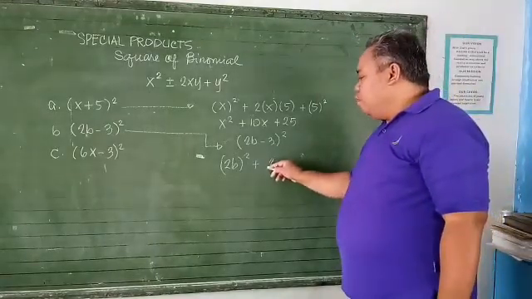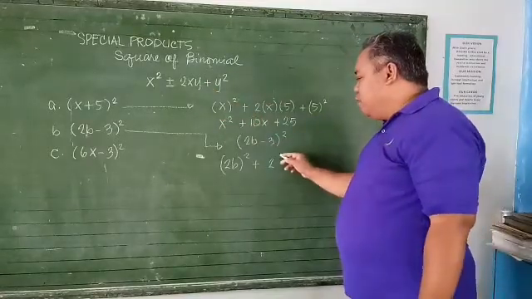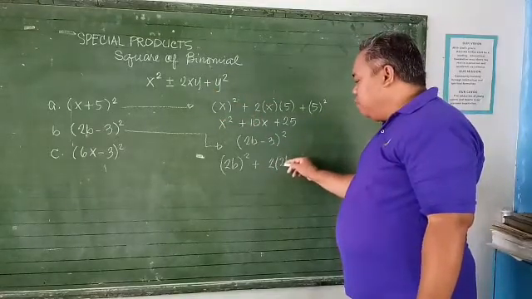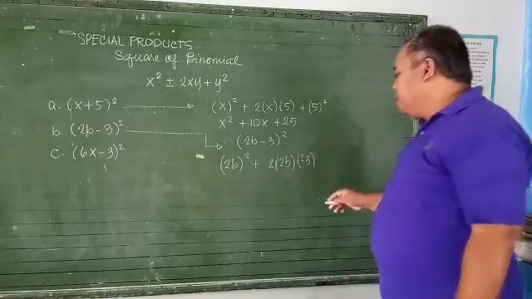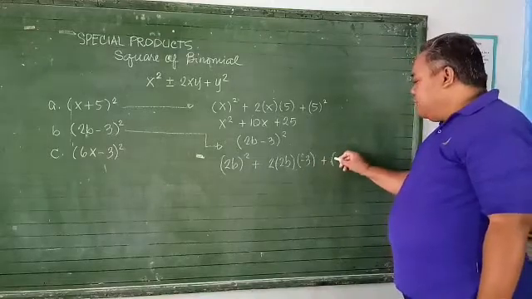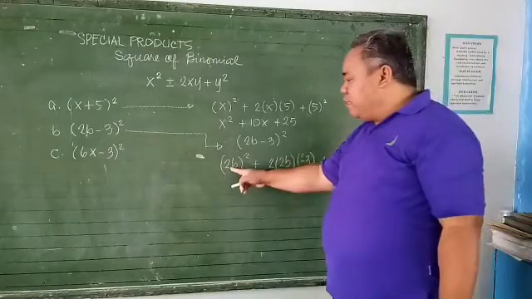So that's 2. Bakit 2? Yung 2 constant yan kasi nga square of binomial yan. 2 times the first term, which is 2b, and then negative 3, your second term, plus negative 3 squared. Okay. So square of first term, we have